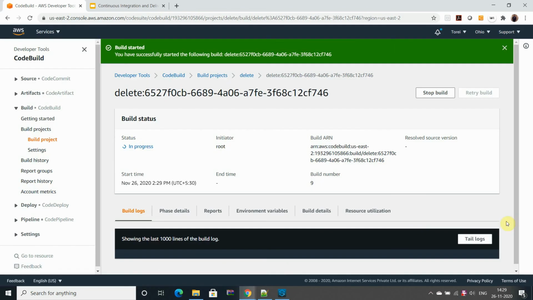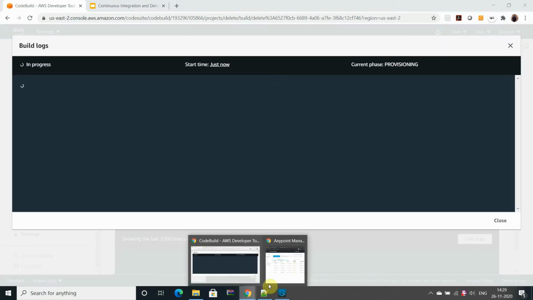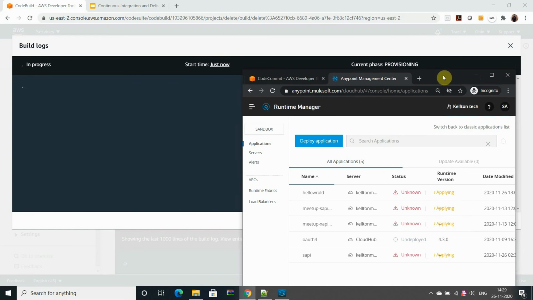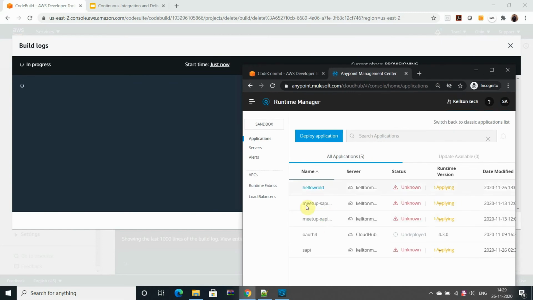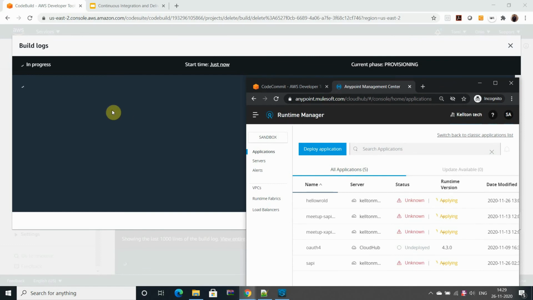You can follow the in-progress status from here, but let's go to the tail log for better visibility. I'm going to keep this one here so you can check the live demonstration of how it will be deployed. It will take a couple of moments. I'm not pausing my video, so you can see how it works completely.